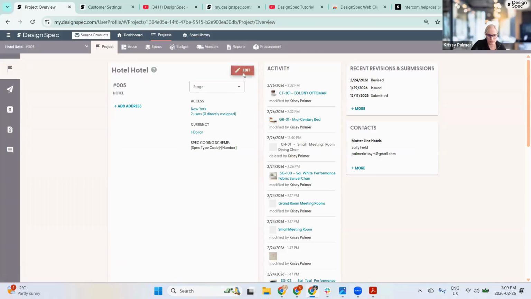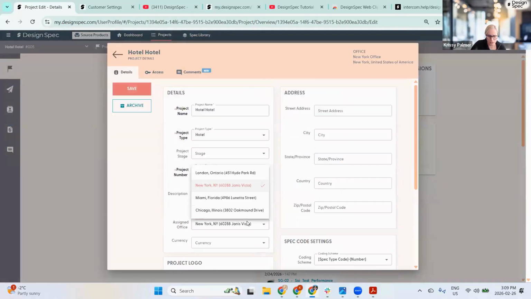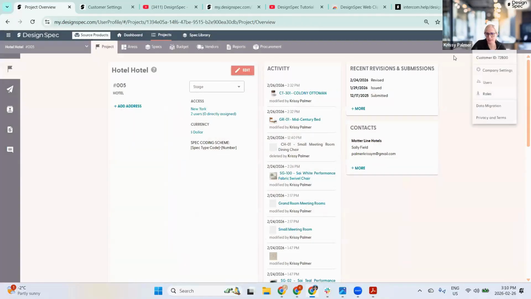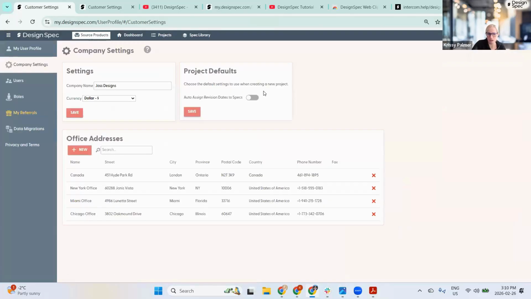Unassign an office from a project. I believe once it's been assigned, it's been assigned. Like you could change it. If you wanted to add maybe a default location, you could go to your company settings and you could